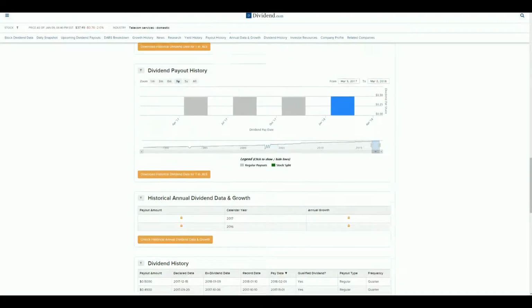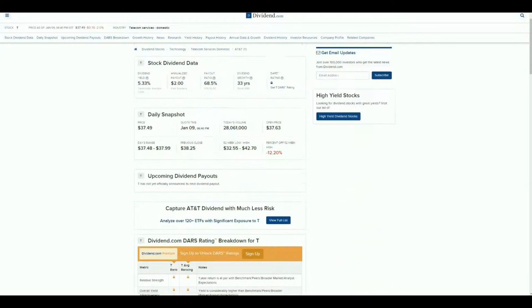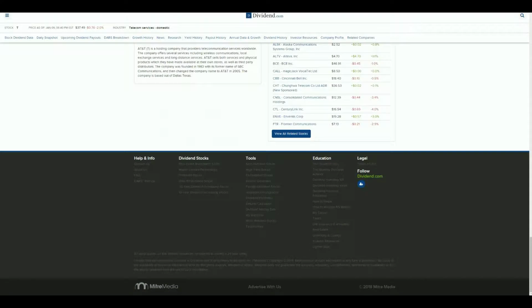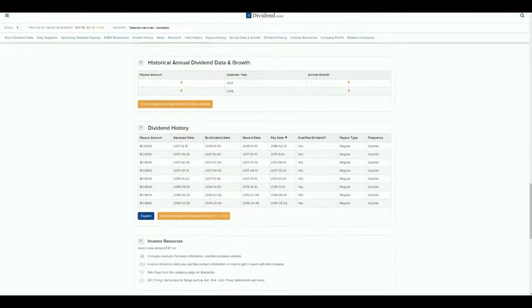Now that you know this information, you guys can take a look at other stocks and try to predict. Take a look at what their current stock price is near the end of the day, what their annualized payout is, take that quarterly, and take a look at how much they pay out per share to their shareholders. You can calculate where the stock price will end up opening on the following day, and if you'd like, you can try and put in a limit buy or limit sell to average down in the